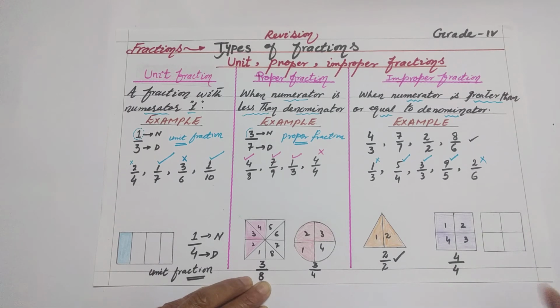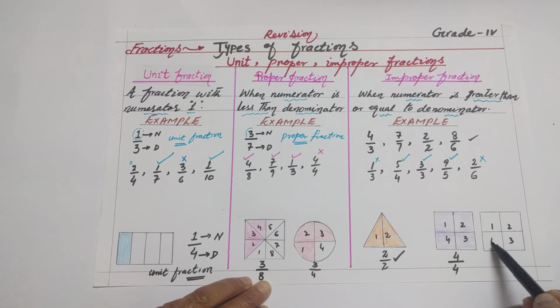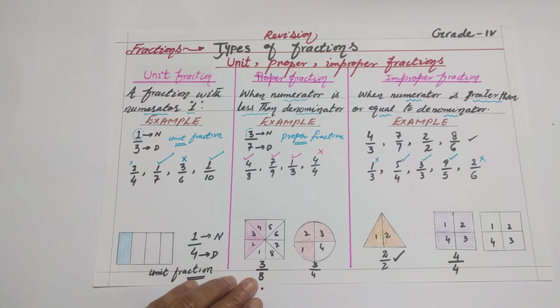Now after using this whole cake, I want to use some more pieces of the cake, because I need some more pieces. It means if I require more pieces, I will use one more cake and I will again divide that cake into 4 equal parts. 1, 2, 3, 4. As I need one more cake and I am cutting that cake into 4 equal parts. Why? Because in the first cake I have 4 equal parts.